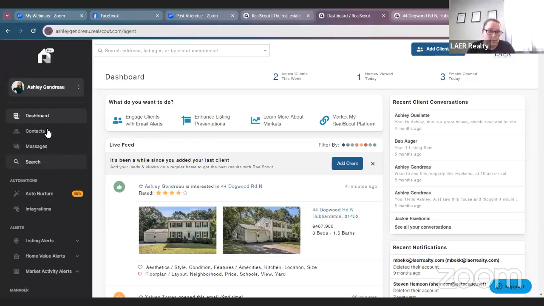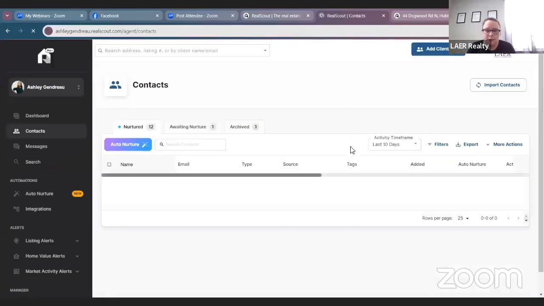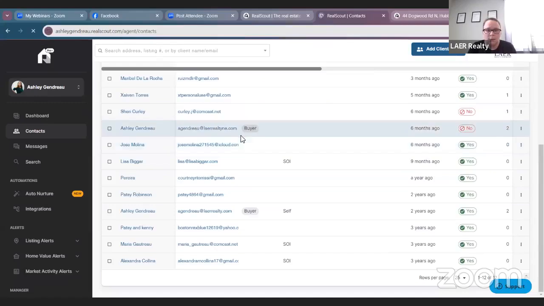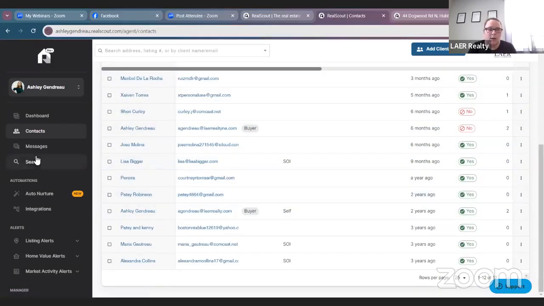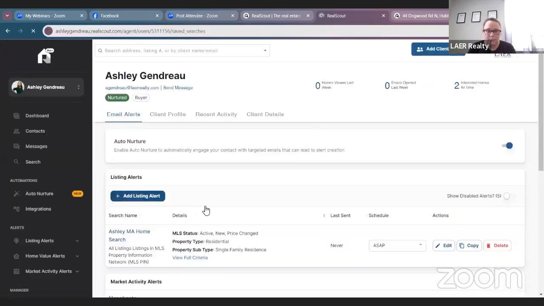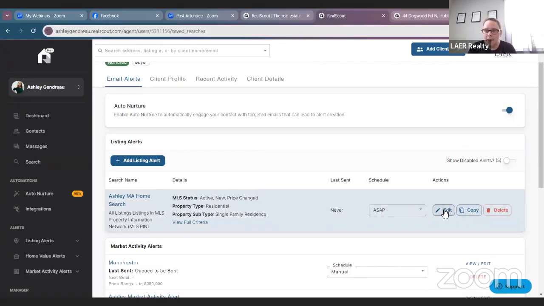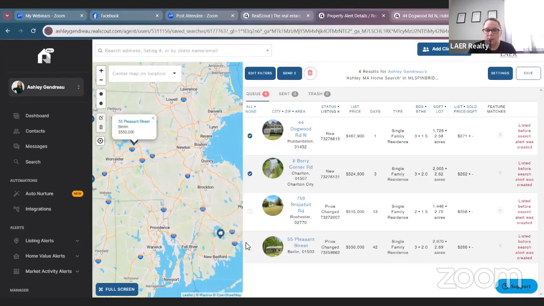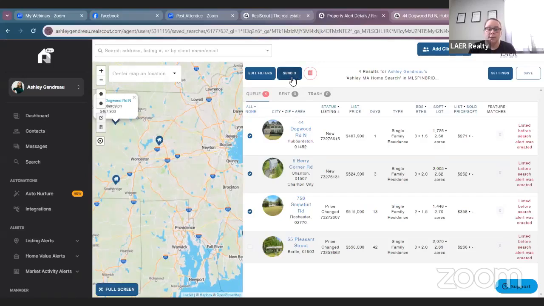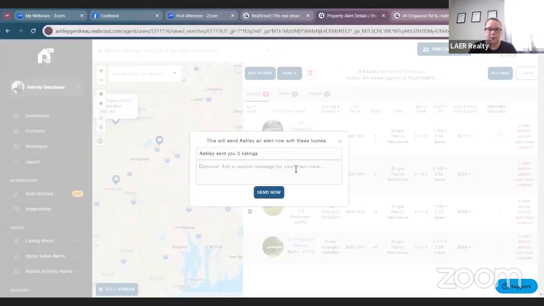But what we didn't do is send it to our client. So now we're gonna go back into Ashley right here. You click on your contacts, you go to the contact that you want. And then we can click on the edit button because we're gonna edit the listing alerts. Now we're gonna click on all the houses that we wanna send to Ashley that we think she would like. And then we're gonna do send 3. And now you can do,